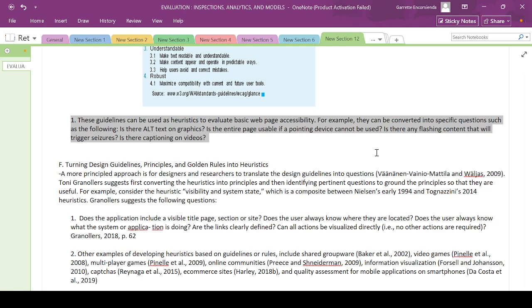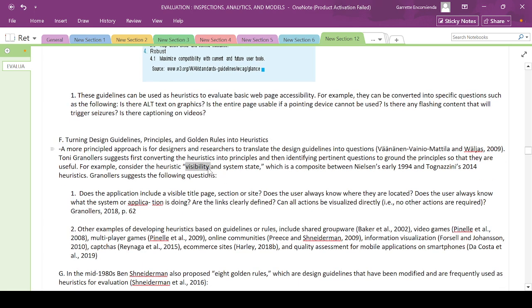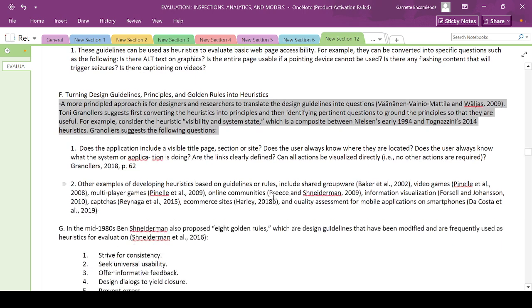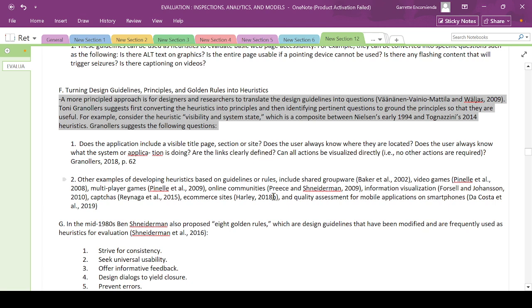Is there alt text on graphics? Is the entire page usable if a pointing device cannot be used? Is there any flashing content that will trigger seizures? Is there captioning on videos? Turning design guidelines, principles, and golden rules into heuristics. A more principled approach is for designers and researchers to translate the design guidelines into questions. Tony suggests first converting the heuristics into principles and then identifying pertinent questions to ground the principles so that they are useful. For example, consider the heuristic visibility of system state,